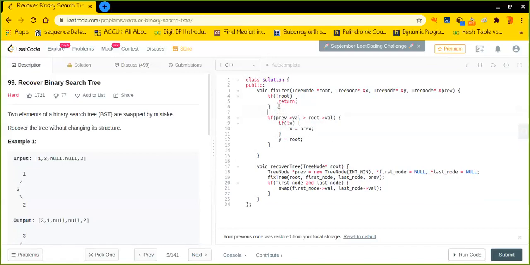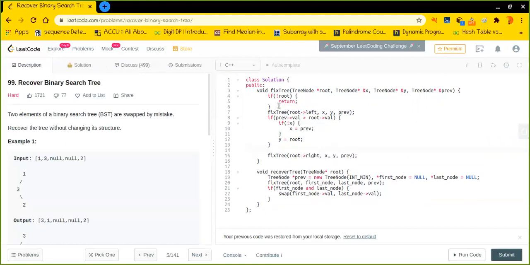Before all this, I just have to call for root's left because I am traversing in-order fashion. At the last we have to call this for root's right, to propagate through the right subtree as well. But before moving to the right subtree, we have to update our previous. So the previous will now be root.